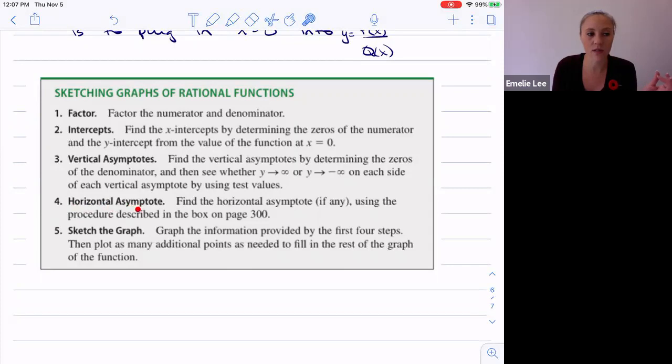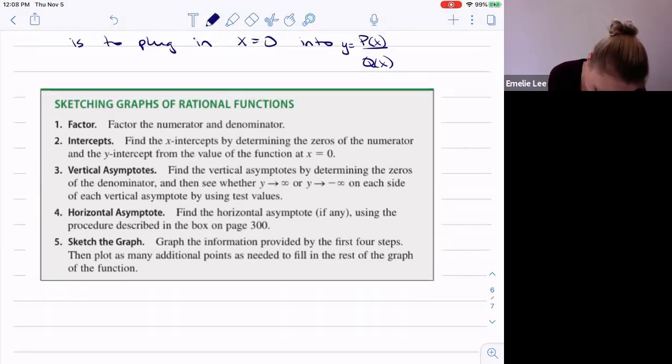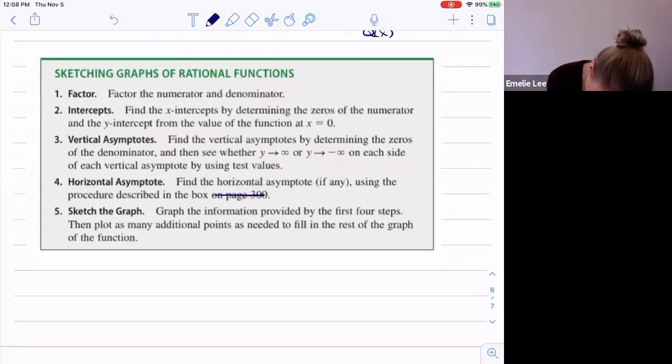Then we can look at the horizontal asymptote. So find the horizontal asymptote, if there are any, using the procedure described in the highlighted box that we put on the page. So here, in the box highlighted above,